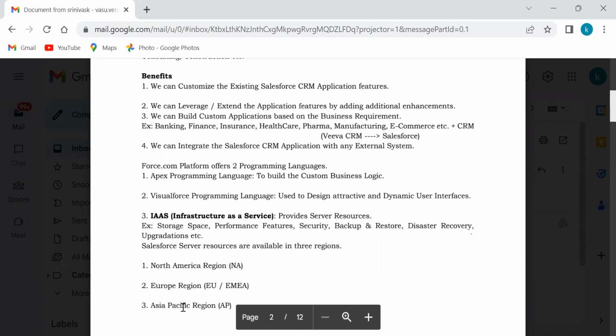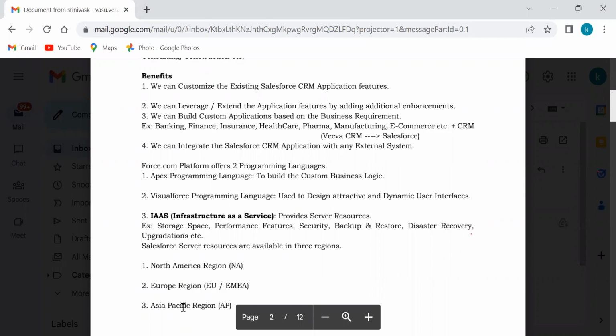So we have different editions in Salesforce. Depending on the edition which you are using, it is going to allocate that much amount of memory. Okay. And also performance features, security of your data, backup of your data. Suppose if there is any environmental disaster, in case of disaster, recovery of your data, upgradations, server upgradations,